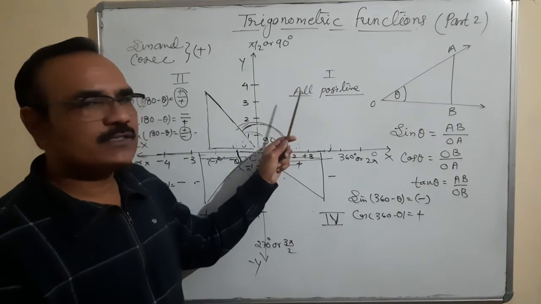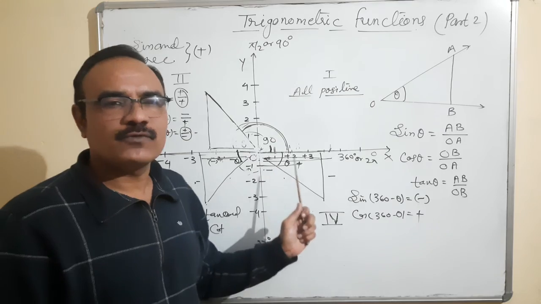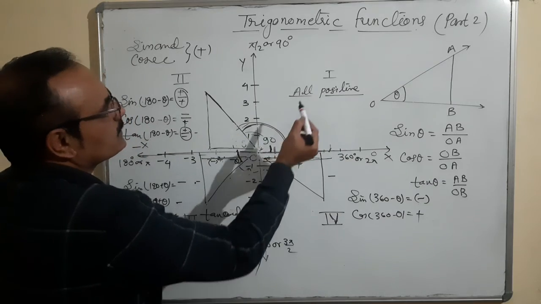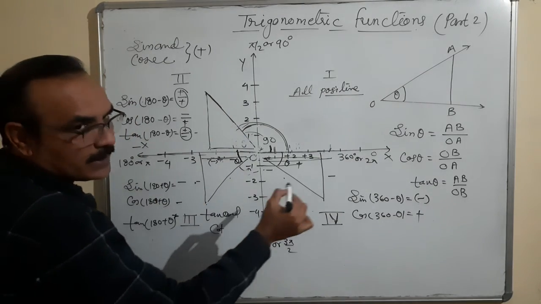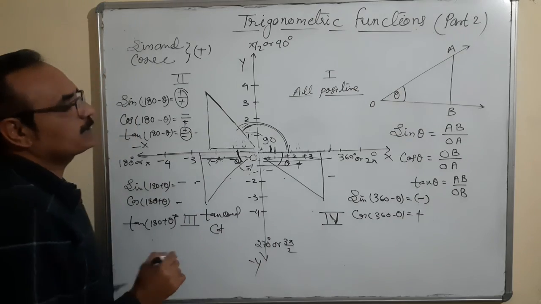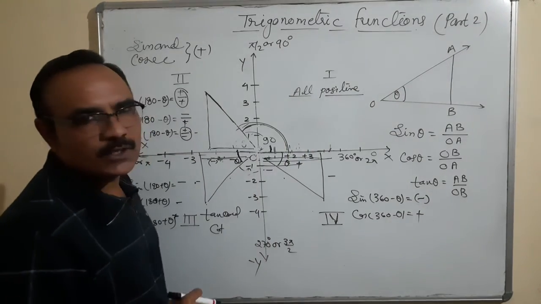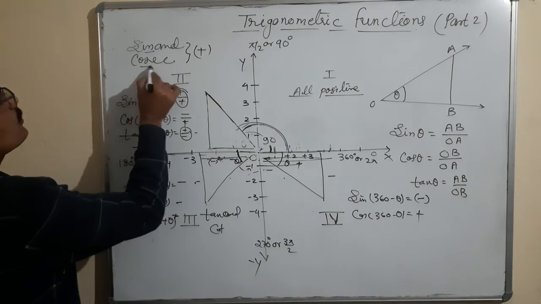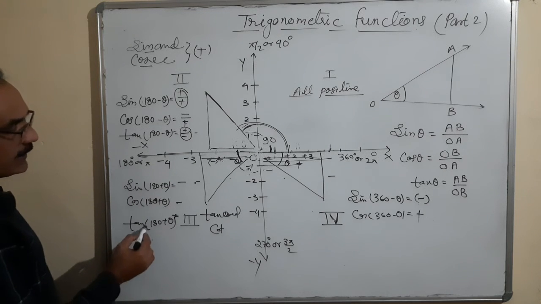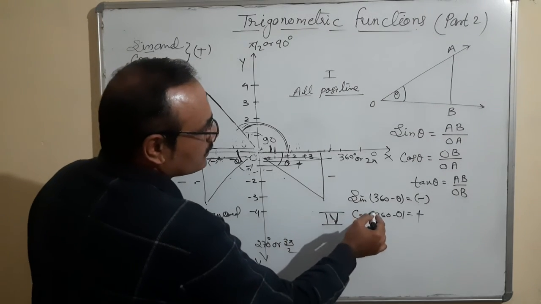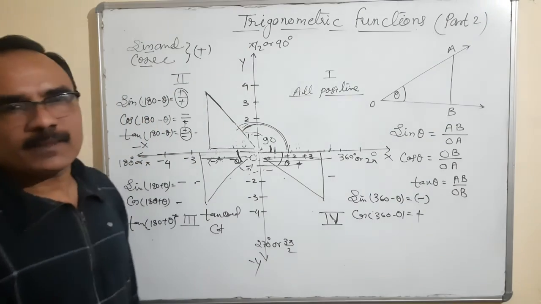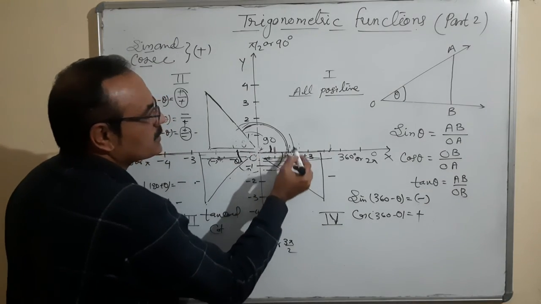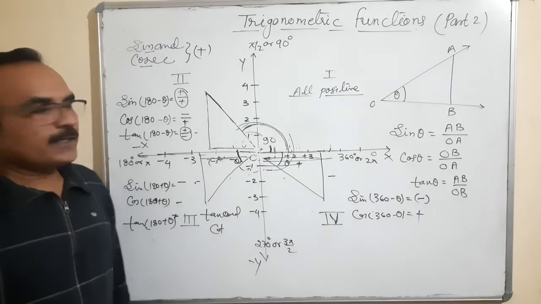When this ray enters the first quadrant, second quadrant, third quadrant, fourth quadrant, it goes counterclockwise in this direction: first, second, third, and fourth. Then which situation is there? Here you have observed in the first quadrant all trigonometric ratios are positive. In the second, sine and cosec are positive, in the third, tan and cot are positive, and in the fourth, cos and sec are positive. Okay, clear? And when it goes again into the first, it is 360 plus theta, right?